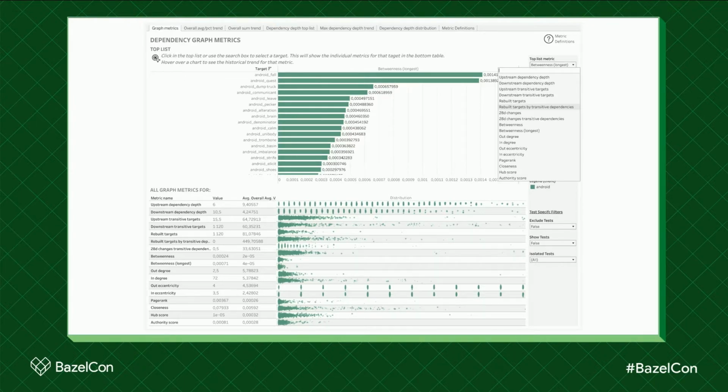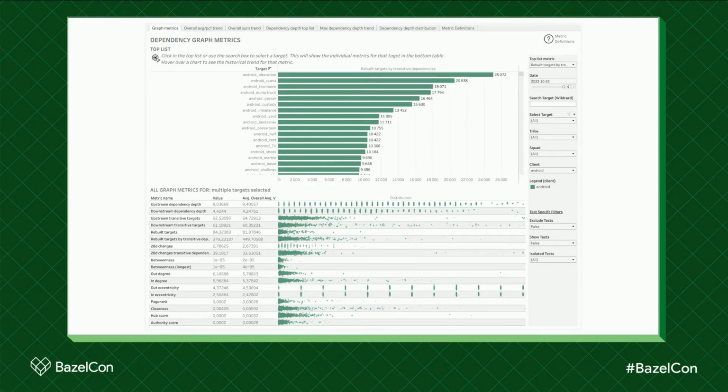I'd like to go back and stay on Android, but look at rebuild target by transitive dependencies again. And we have been relying on this metric a lot internally when we've been driving improvements to the dependency graph. And we have used the metric to find potential high-impact candidates of build targets that we'd like to refactor and/or improve the dependency structure of. One thing that we tried to do was that we set a cap on 10,000. And then we looked at all build targets that scored higher than that for the rebuild target and selected them as candidates to take an additional look at and try to restructure. I'll come back to the outcome of this effort just after the demo.